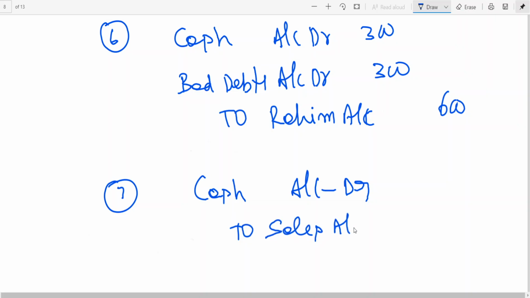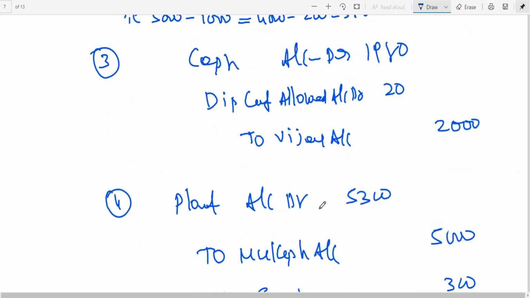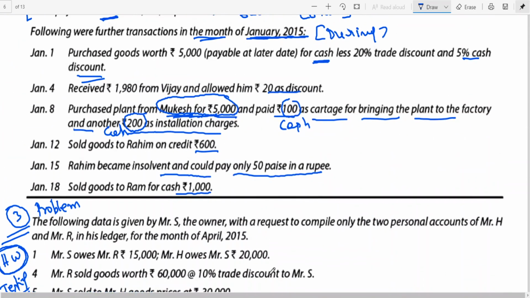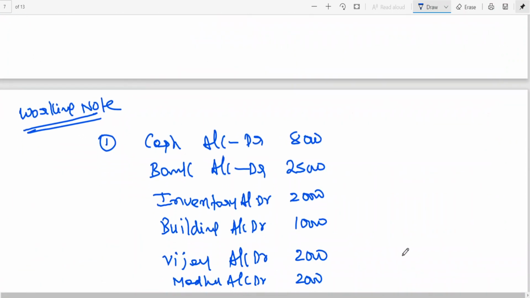Cash account debtor to sales account. I think with this you complete the entries. This is the third problem. I already told you about this. Now what is it that I need to do? So the first account which I need to open,